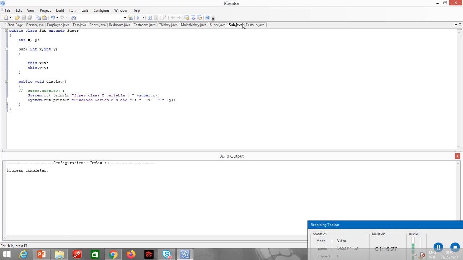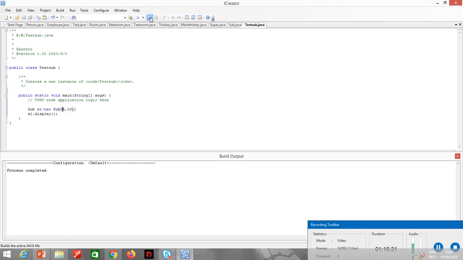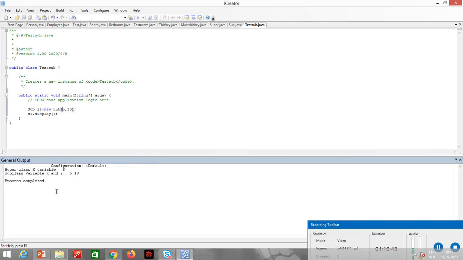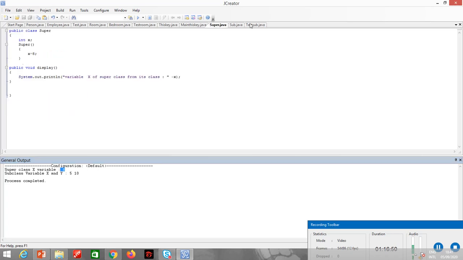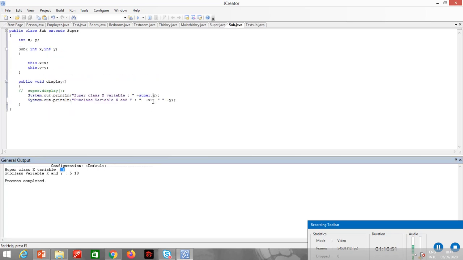Alright, now this will display the superclass variable which was 8 originally from the superclass. Alright, let's look at the output. So it's displaying the value from the superclass variable also, which is 8, and then it is displaying the subclass variable values which are 5 and 10.